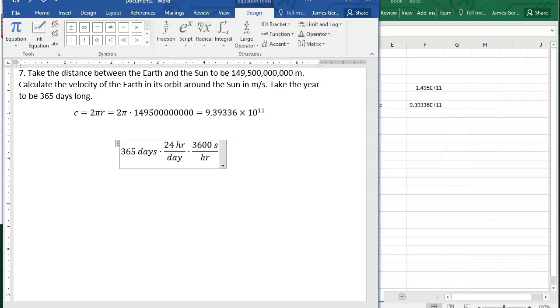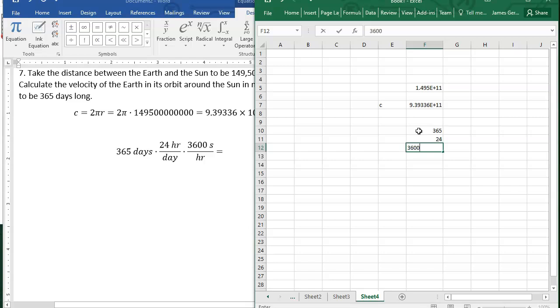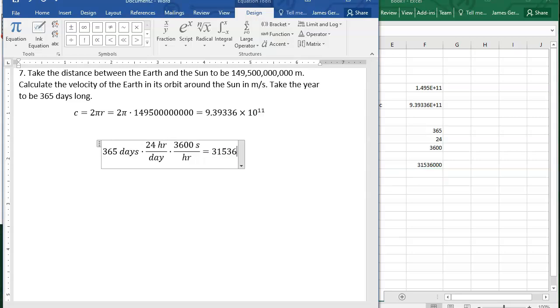That'll get us from hours to seconds. So we go off and we calculate this. So we have 365, we have 24, we have 3,600. Okay, and we're just doing the product of these three. To get, what is that? 31,536,000